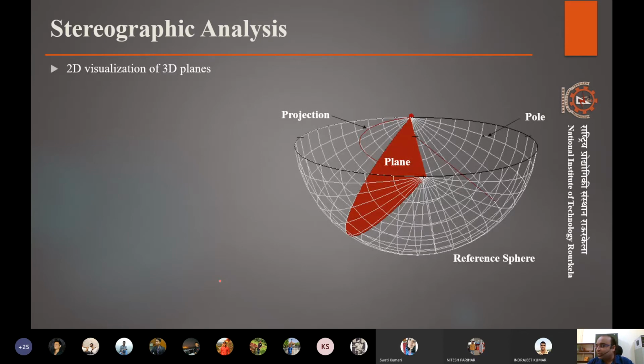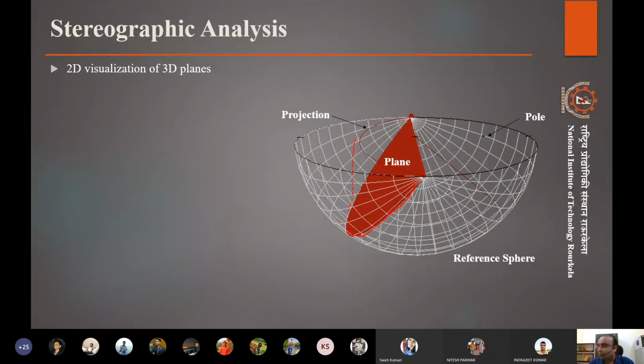On the right side, you see a hollow sphere that can be considered a reference sphere. Now, if there is a plane that intersects with this sphere, a certain intersection arc will be made, right? When it intersects with the hollow sphere, that is correct. The arc that is made will be on the outer edge of this, right? And this arc, when projected on the